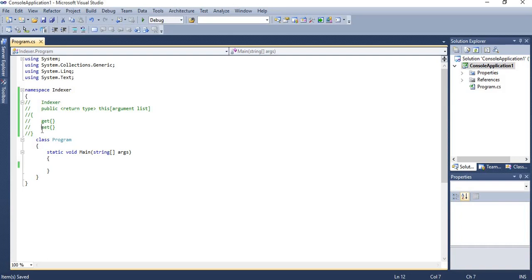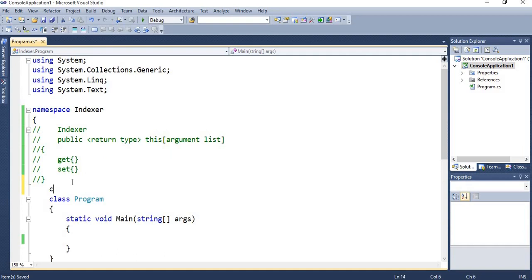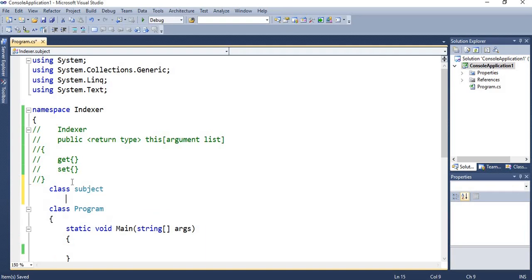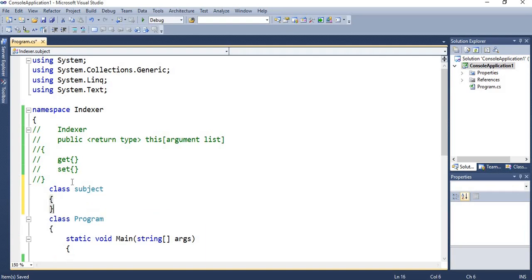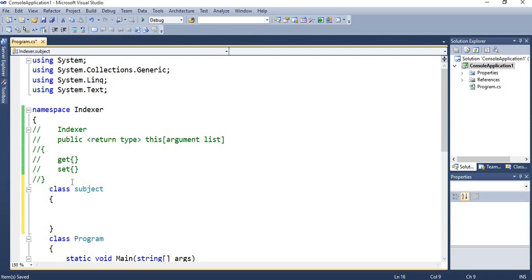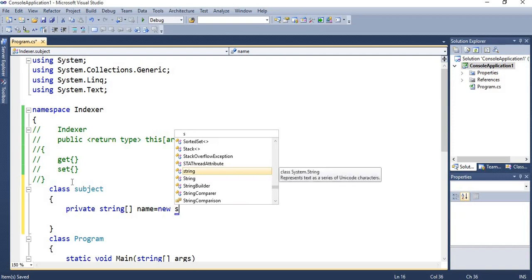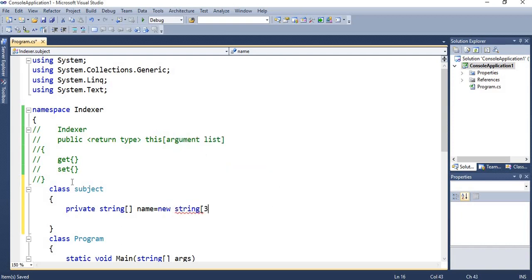Now we will implement the concept of indexer in our program. I am creating a class, subject. Here I am going to set an array variable with the private accessor, size 3.